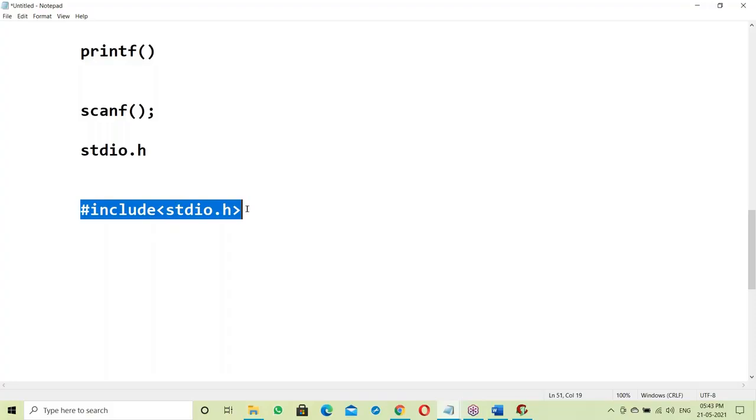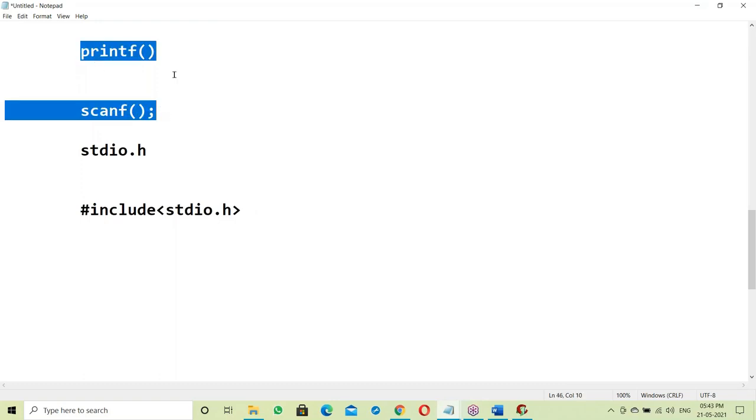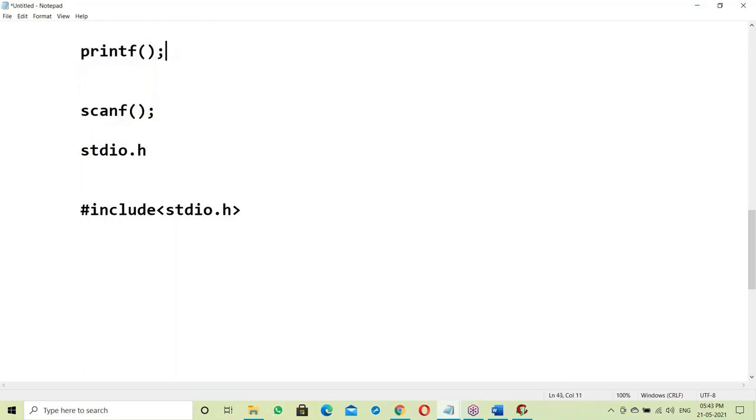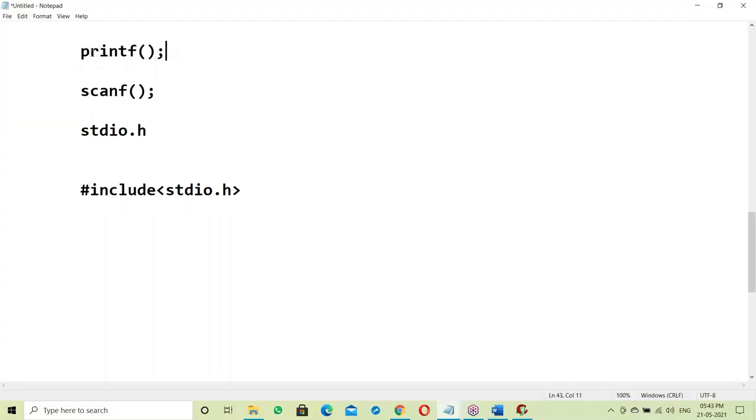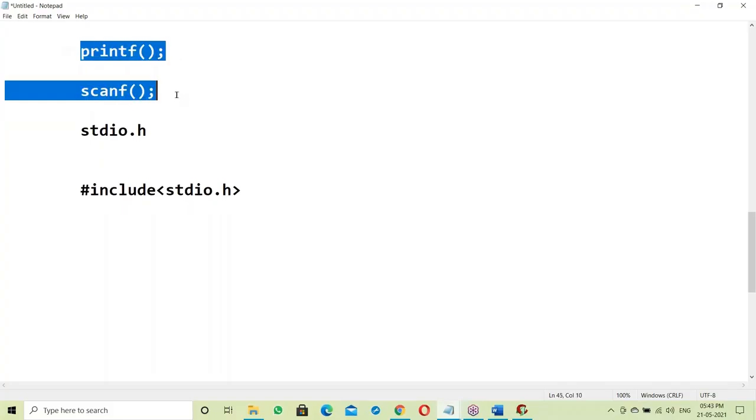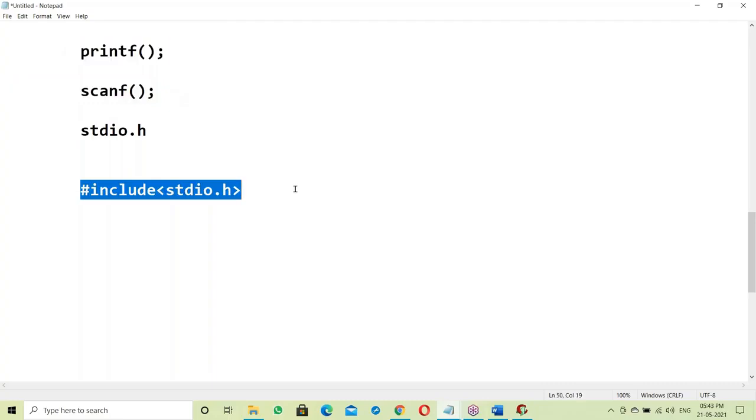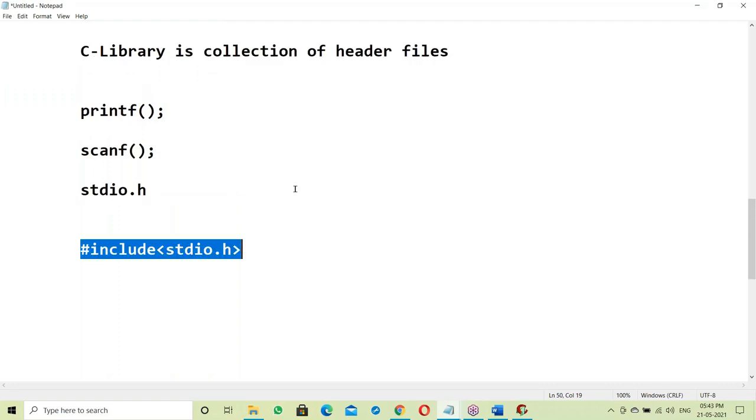So hash include stdio.h. Printf and scanf are predefined functions from this header file, so we have to include this header file in our program.